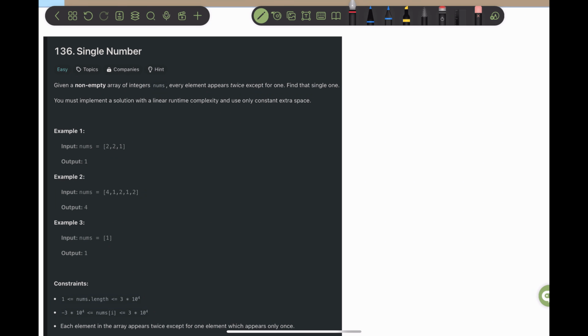Hello everyone, in this video we'll be solving problem 136, Single Number. The problem statement is: given a non-empty array of integers nums where every element appears twice except for one element, find that single one. The add-on to the problem statement is that we must implement a solution with linear time complexity, which means O of n, and use only constant extra space, which means the space complexity should be